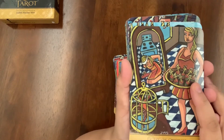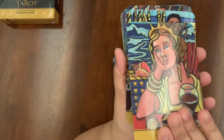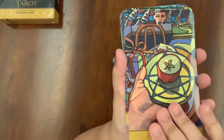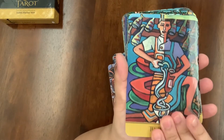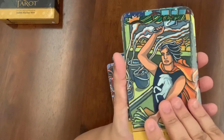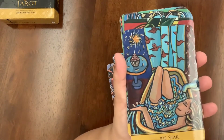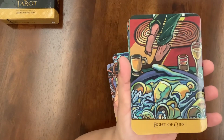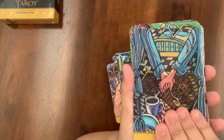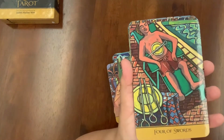You know, she sees herself as someone who's completely caught in something like a cage. The Queen of Cups, the Emperor, the Ace of Pentacles, the Appetizer, yeah, the Temperance, the Two of Swords, the Knight of Swords, the Queen of Pentacles, the Star, the Eight of Cups, walking away, the Two of Cups, the Three of Cups, celebration, the Queen of Wands, the Four of Swords,